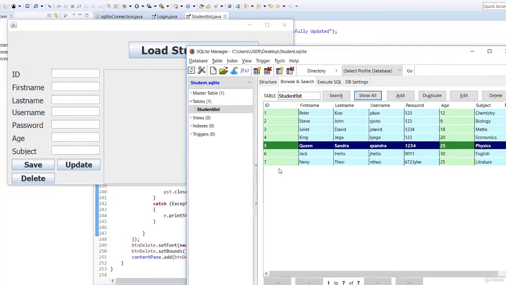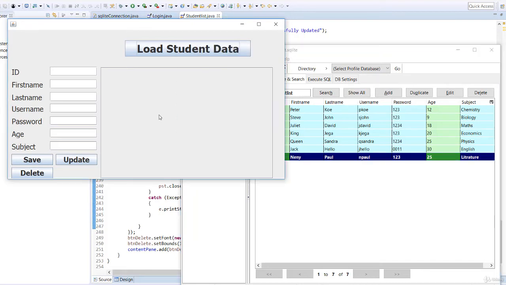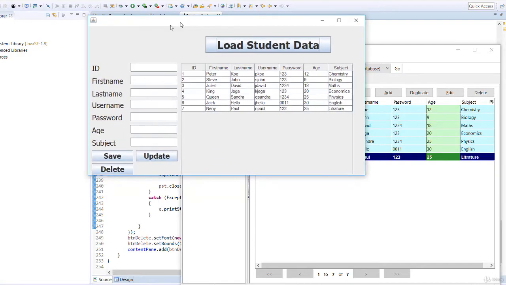And this is my database. I'm going to delete number 7. Show all, because we've updated this before. Okay. You see it has taken its normal form. That is Nenipo. We updated it before. So now I can go ahead and load this table, and I have this here. Just exactly the same. So what I'm going to do now is